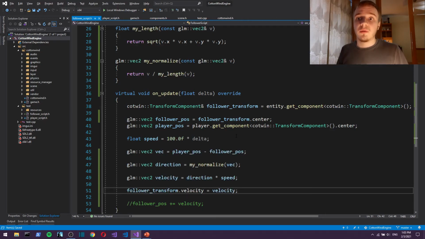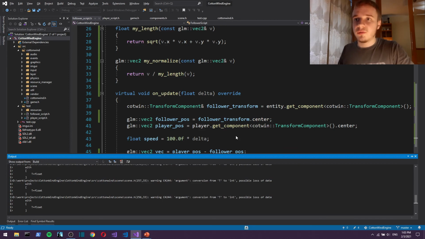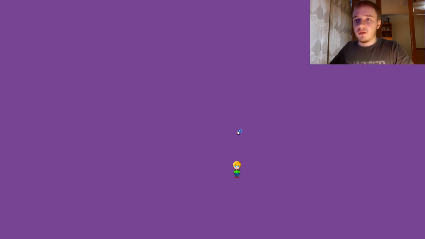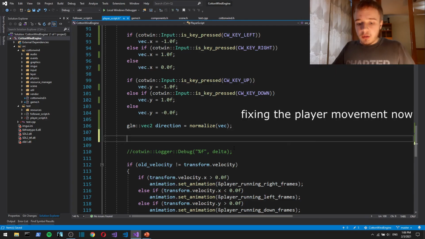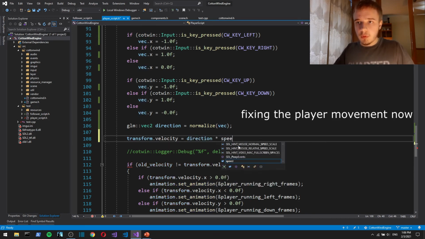But now that we're calculating the velocity vector properly, it's smooth and looks very nice. Direction by speed. Let's check this out.